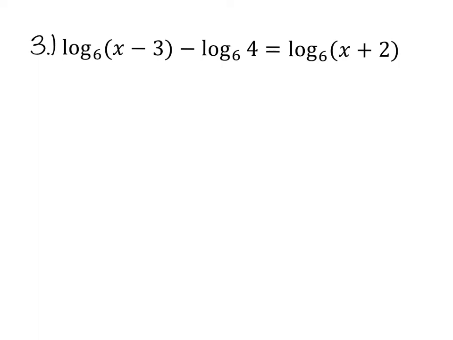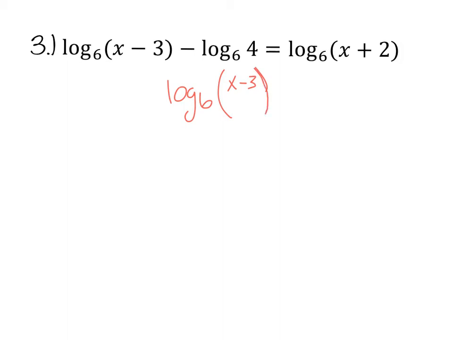Here, this is going to use some of our properties. You can only use the property of equality, meaning one log equal to another log, if there is only one log on both sides. So the fact that we have multiple logs on this left-hand side of the same base means that we need to use our properties from a previous lesson to combine these into one single log. Now, because I have subtraction, I can use the quotient property to change this over to division. So what this left side will be is log base 6 of x minus 3